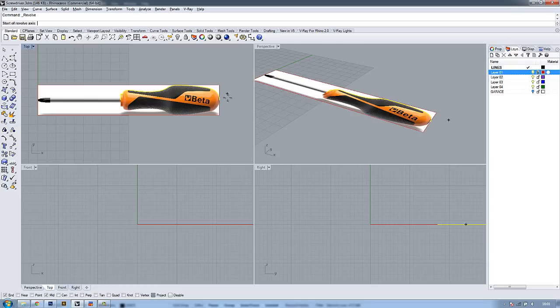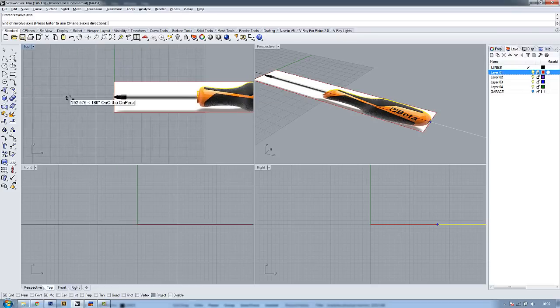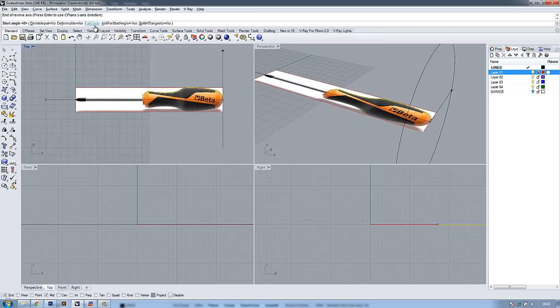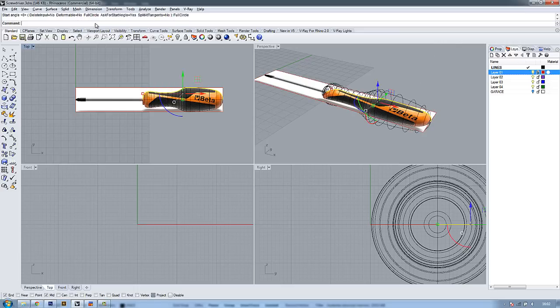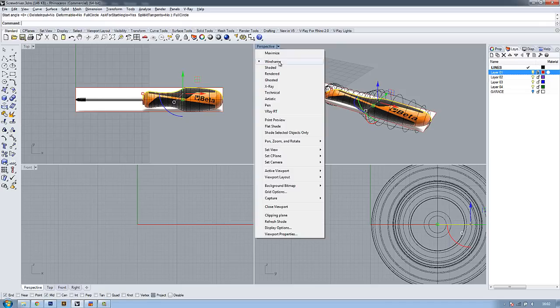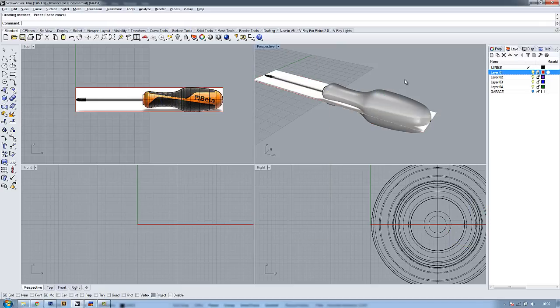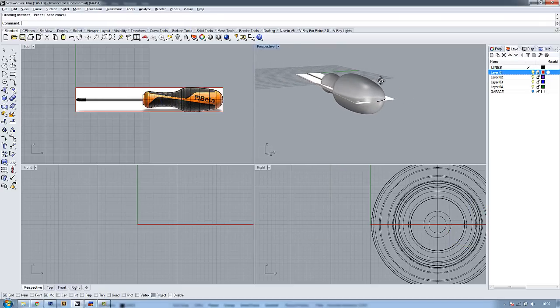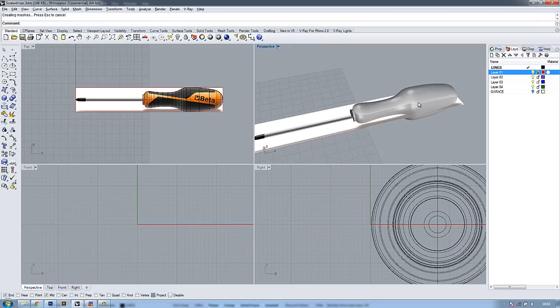So start of axis, select the midpoint of course, and then again press shift and drag into the left and click. Now you can press here the full circle because we want it to be full circle. So there you have it. Now we have the grip ready,